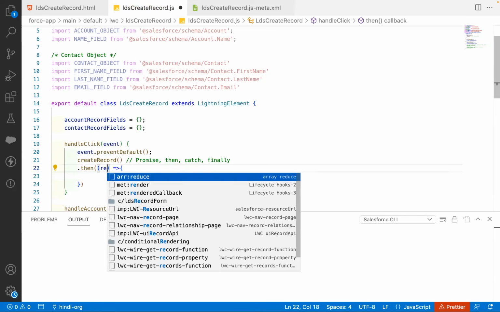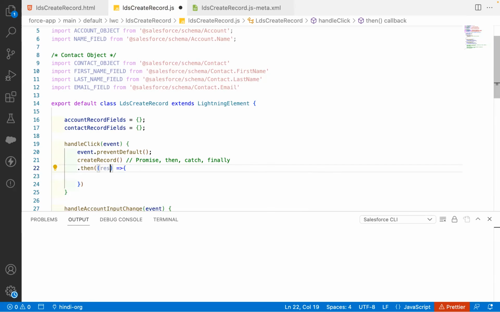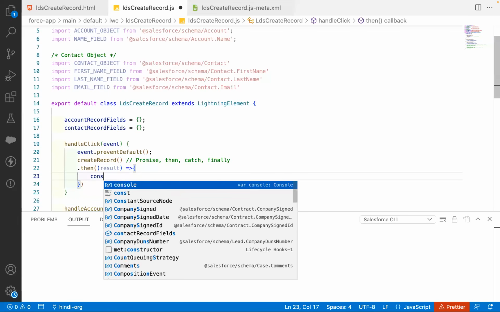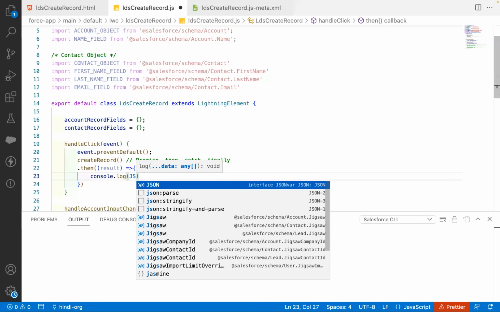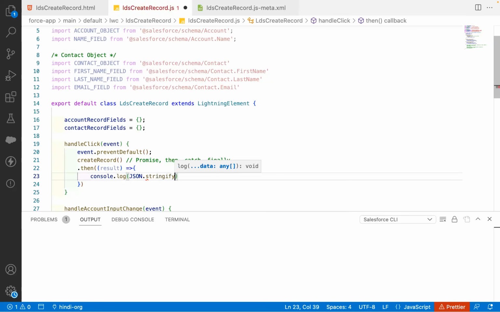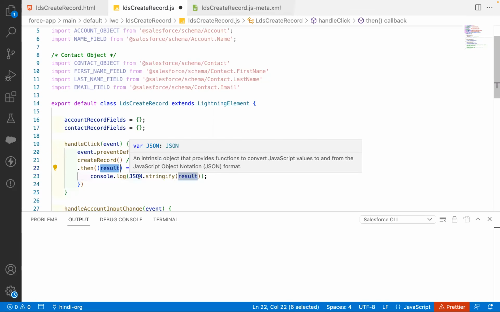Here you could say a response, you could say result. Whatever result you get after the successful method call or API call, you'll get it here, and you can do the console.log and say JSON.stringify and just put in result. It could be of any type. It could be as simple as a string or integer,